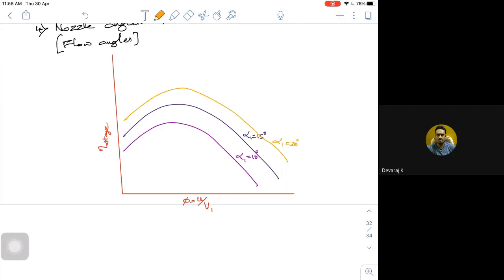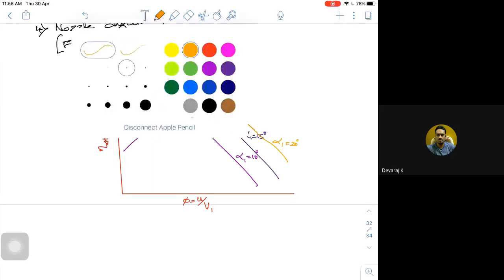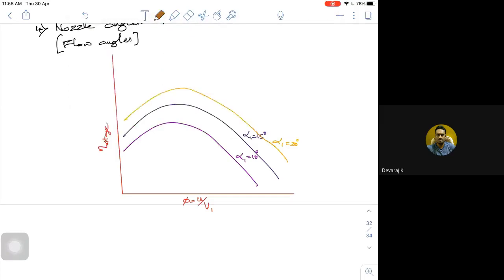So you can see that I will be getting some peaks. If I go for one more, alpha 1 is equal to 25 degrees. So don't go beyond 20-25. Roughly we can reach a maximum of around 28 or so, so from as low as 10 degrees to 30 degrees. So now what will happen? You may get some kind of a peak. You can join all these peaks like this, if you draw a line.